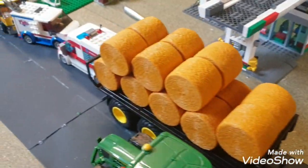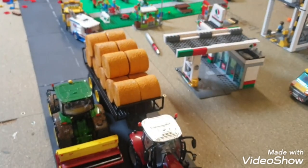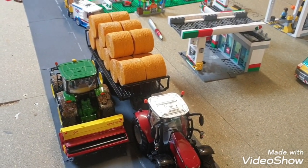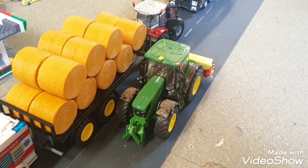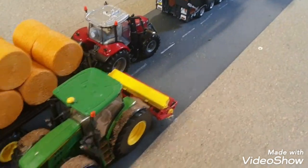As you might recognise, this bale trailer, it's actually O'Donovan Agri Contractors', but yeah, they let them borrow it, so they did, because Johnny actually asked them to be able to take home the bales, but they were too busy, so yeah. And here we've got O'Donovan Agri Contractors' John Deere 6210R with their seeder, just going to do